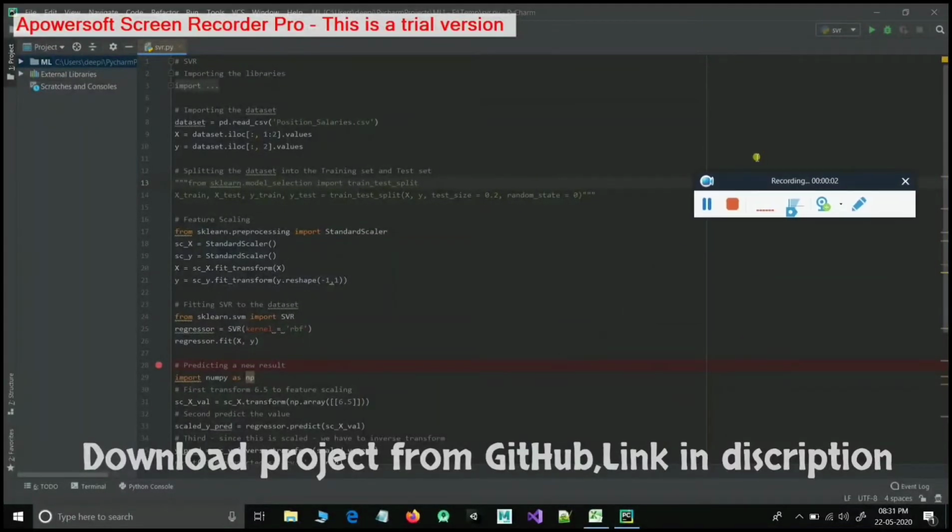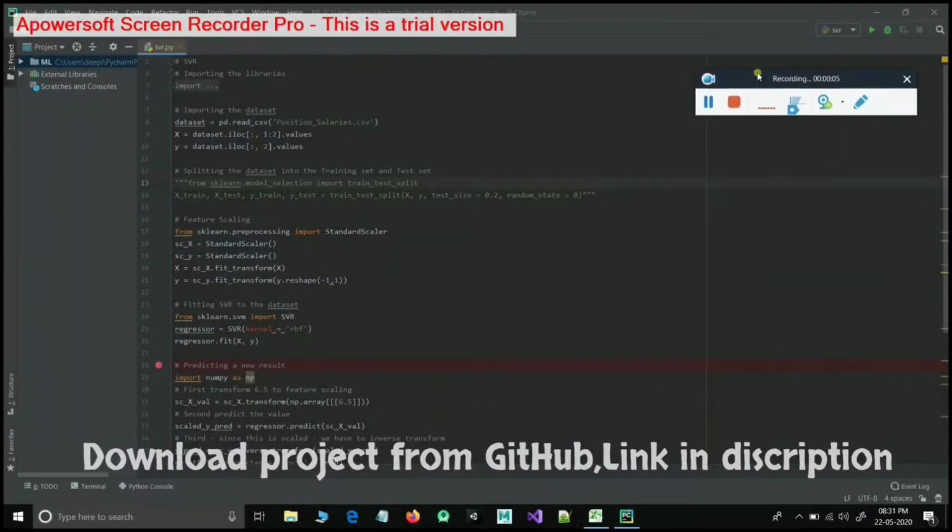In this video, we will show you our project that is support vector regression. Basically, SVR uses the SVM algorithm to predict the continuous variable. It tries to fit the best line within a predefined or threshold error value. In this project, we create a model with the help of the SVR algorithm that predicts the values.